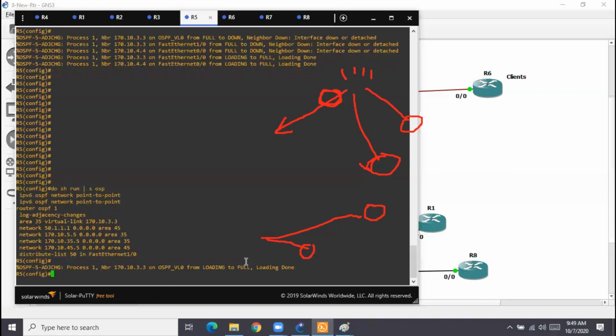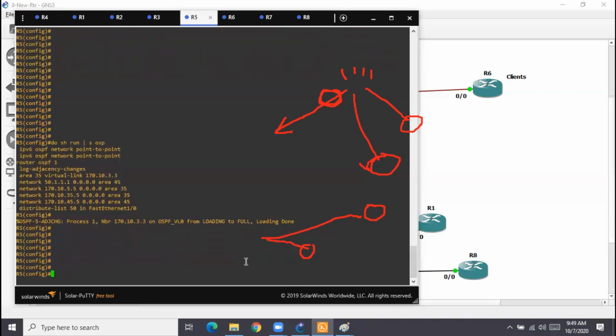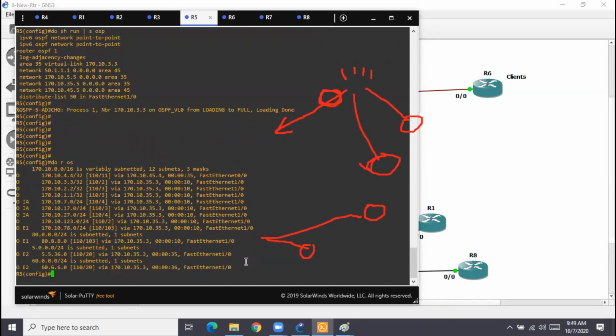Good. So do you see 70 now? 70 is gone. 70 got filtered. Now there is no more 70 on R5.